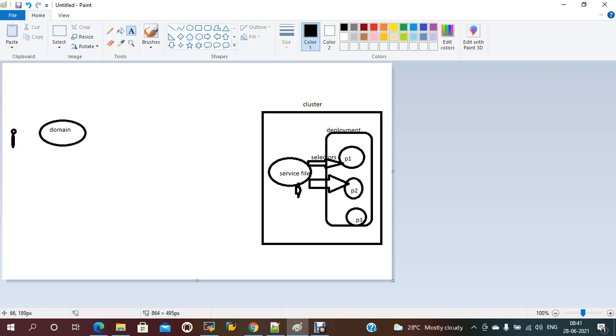If it is a simple application, we can directly create a domain, and with the domain name, the load balancer created by the service matches this domain name, so we can access it directly. But in between we have another service called ingress.